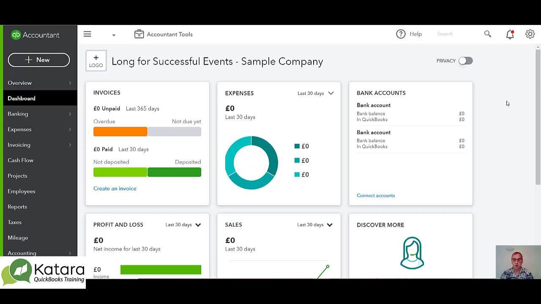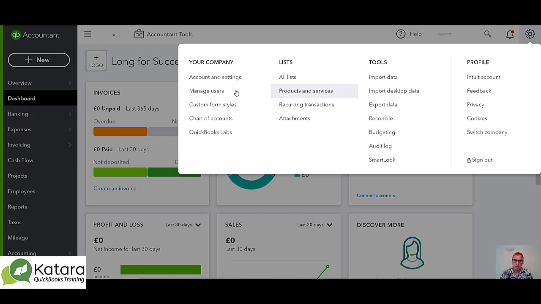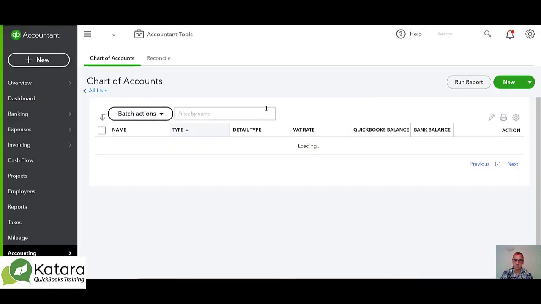When we first start out with QuickBooks and we've answered our questionnaire to get going, the first thing we'll realise when we start exploring the programme is that we won't have a bank account set up in our list in the chart of accounts. So just a little gear in the top right here. On the first column under chart of accounts, one of the first things I would tend to do when I've